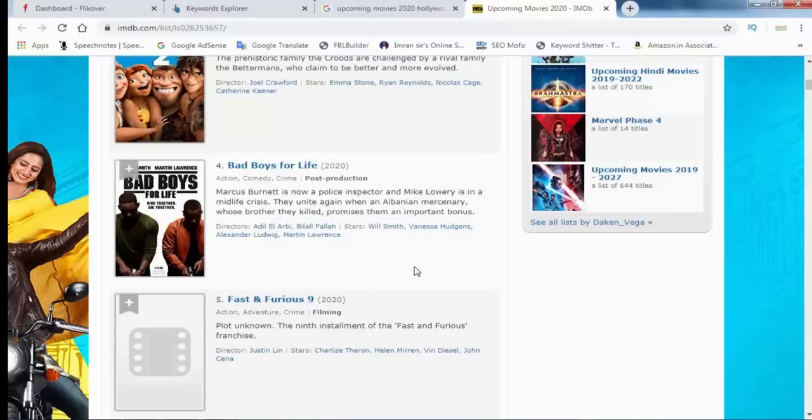I published this article on my website, and I got backlinks from some of the biggest websites. After that, my article ranked on Google.